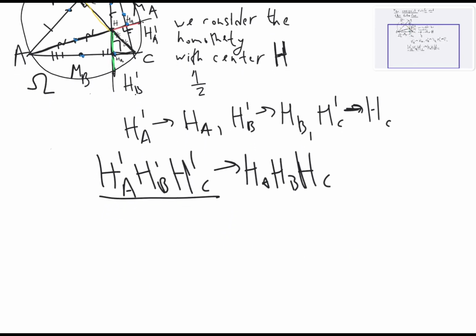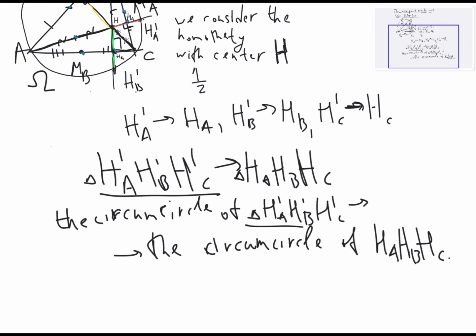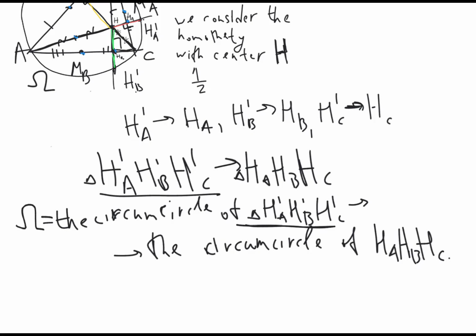So now the circumcircle of this triangle is just this large circle omega, the same as the circumcircle of ABC, and the circumcircle of